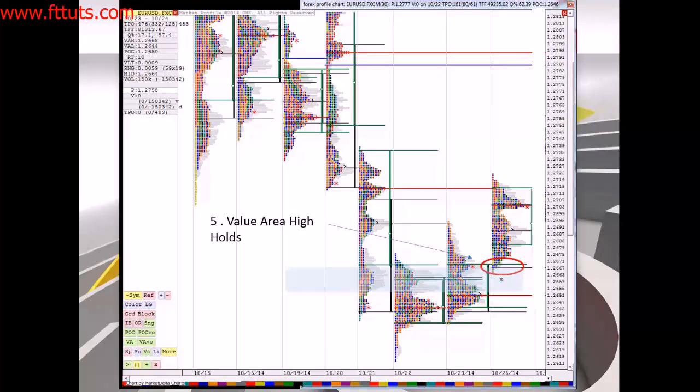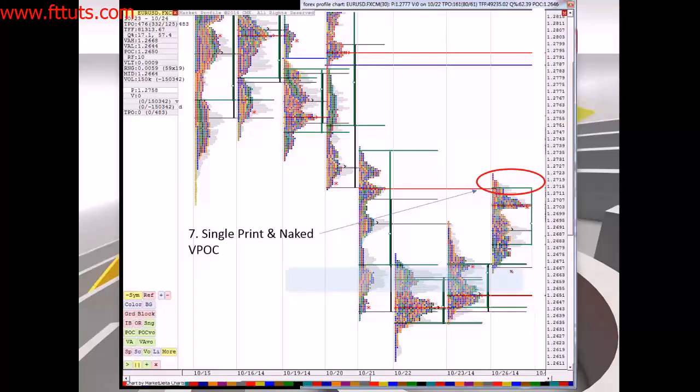So now I'm auctioning between buyers in this zone, a buyer that has managed to push prices higher, and a seller up at the top. The value area high holds in this case. Before, it was the value area low that held. Now, my value area highs are starting to hold. Support moves higher,